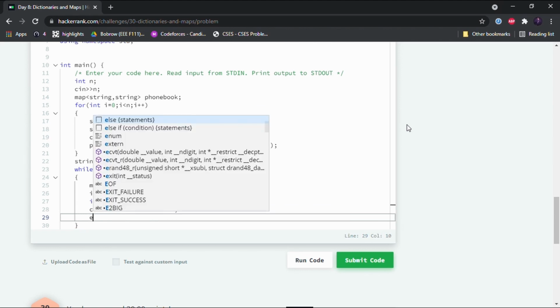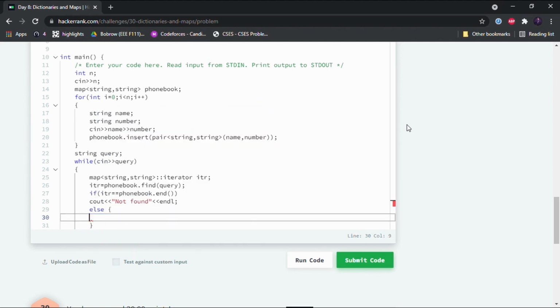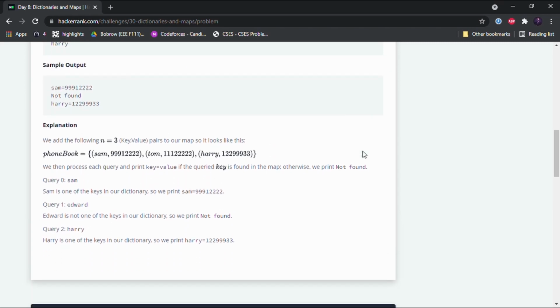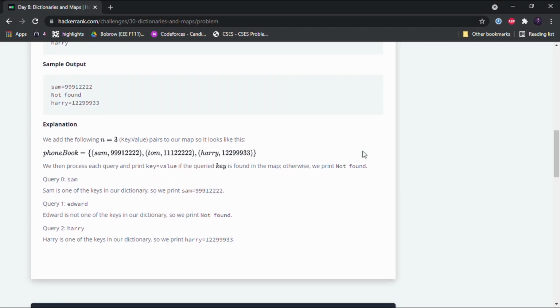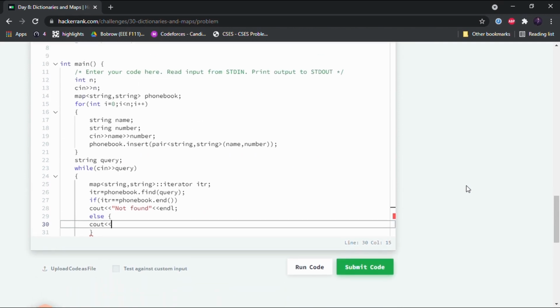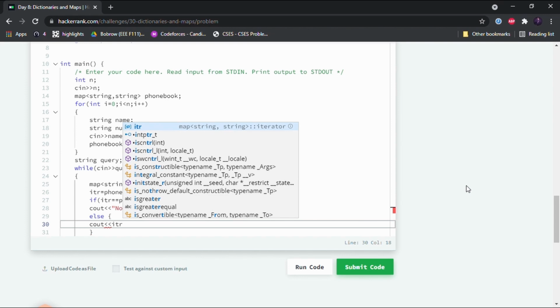But if it exists, we have to output in this manner. First will be the name of the key value, and then we write the equal to sign, and then the mapped value. Now how do we access the key value and mapped value? For that we use the arrow operator.